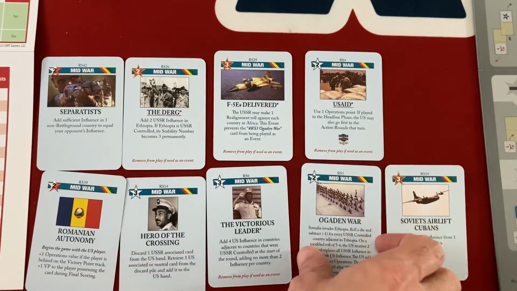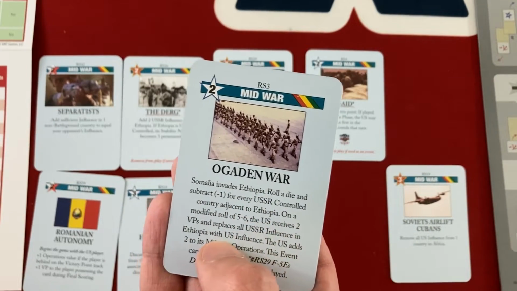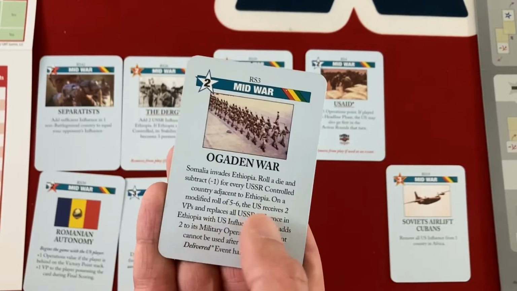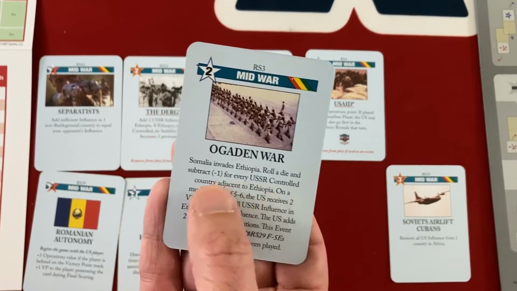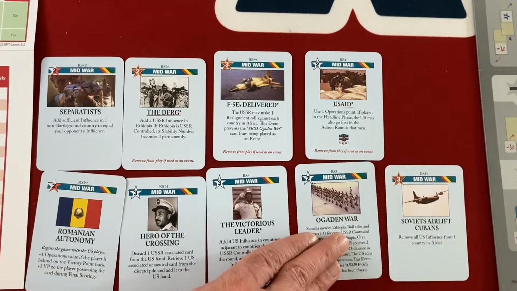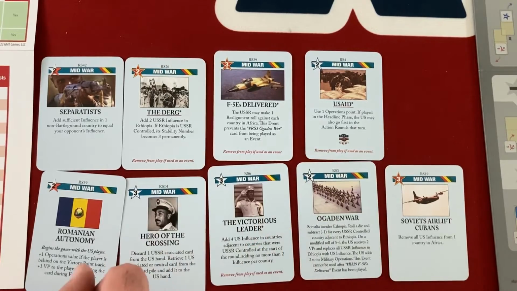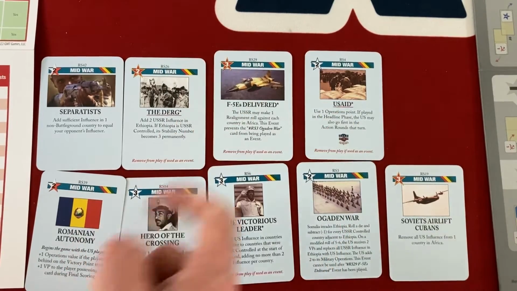The Ogaden War is an interesting card. It involves Somalia invading Ethiopia, and I could just turn all of the influence in Ethiopia into my influence. But you need to roll a 5 or 6, and there's only negative modifiers for that roll. That war is not supposed to be very winnable. So I'm just going to use that for 2 ops for sure. And US Aid is an event that doesn't apply anymore after the headline phase, so it's just a 2 card